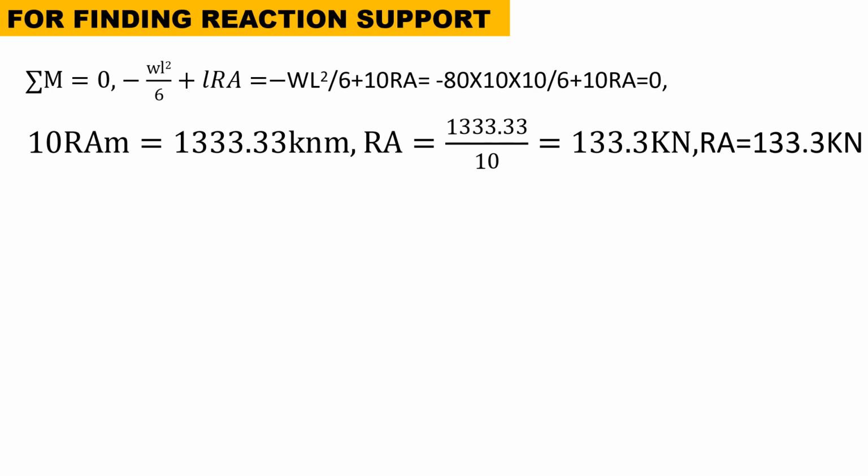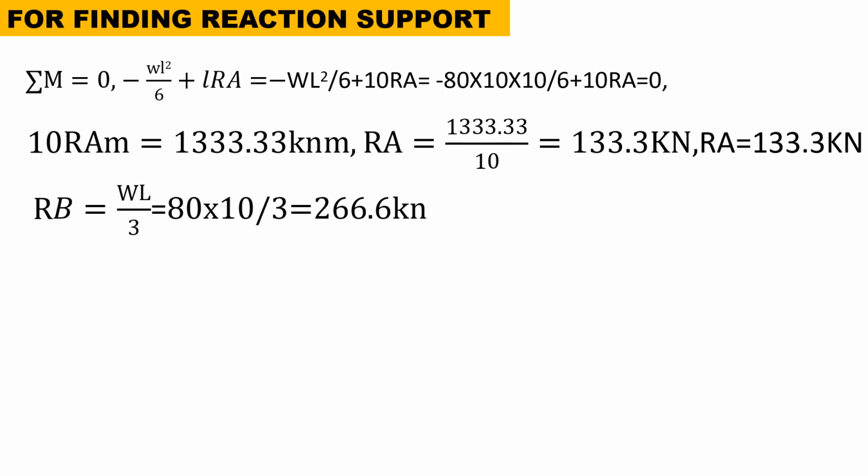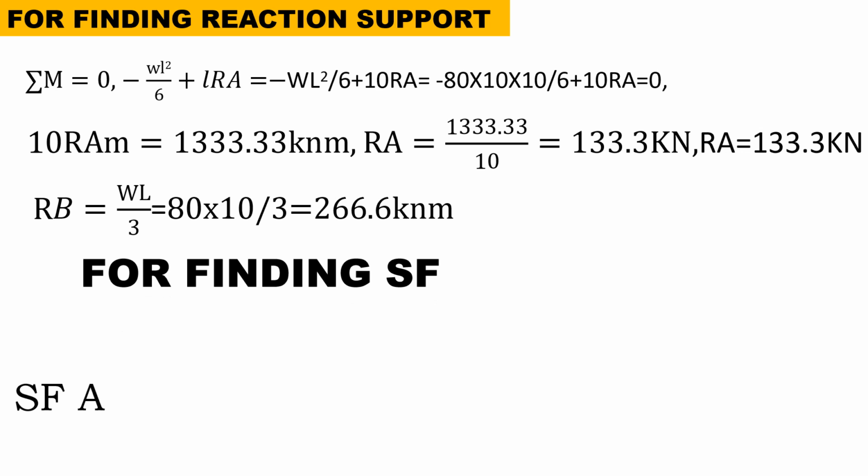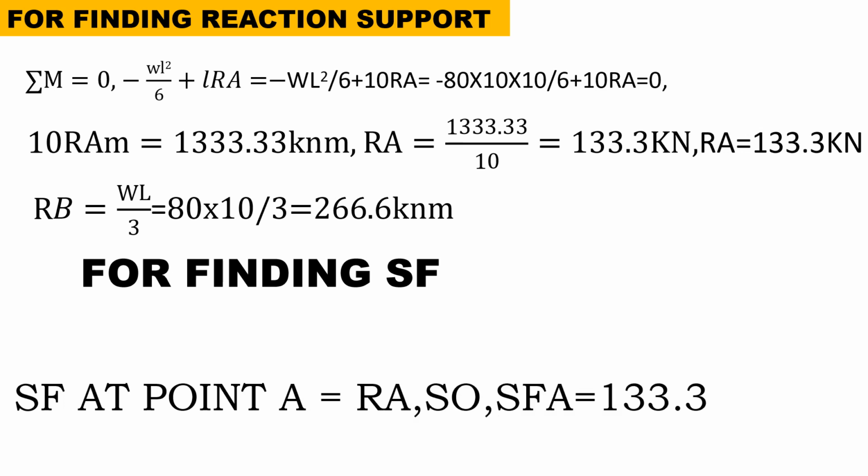which will give us the 133.3 kilonewton. So we get RA, which is equal to 133.3 kilonewton. So RB will be equal to the weight times length over 3, which will be equal to 18 times 10 over 3, which will give us 266.6 kilonewton per meter. So for finding the shear force, first of all, the shear force at point A will be equal to the RA. So the shear force A will be equal to 133 kilonewton,